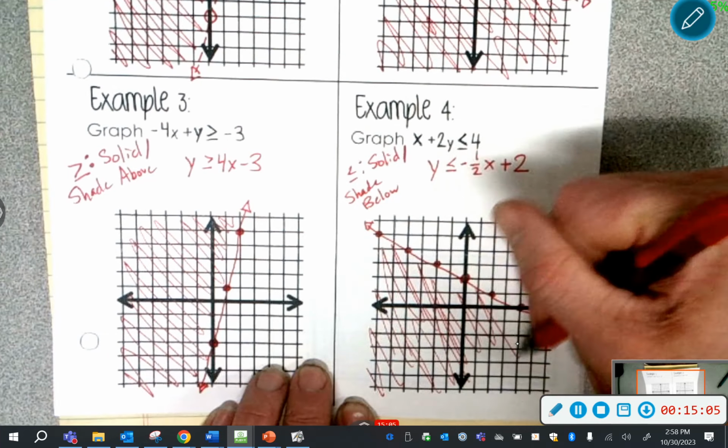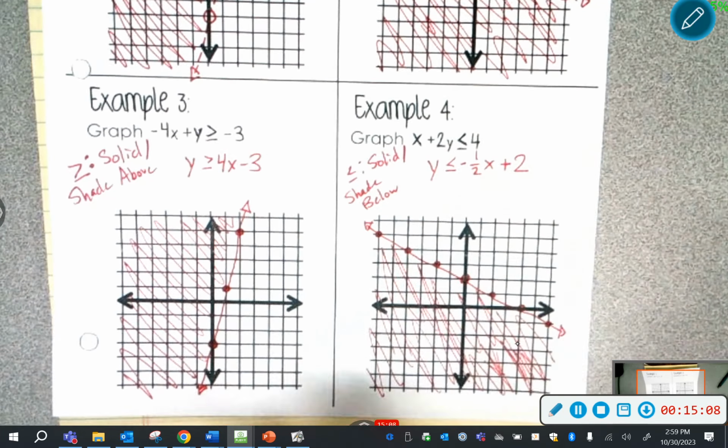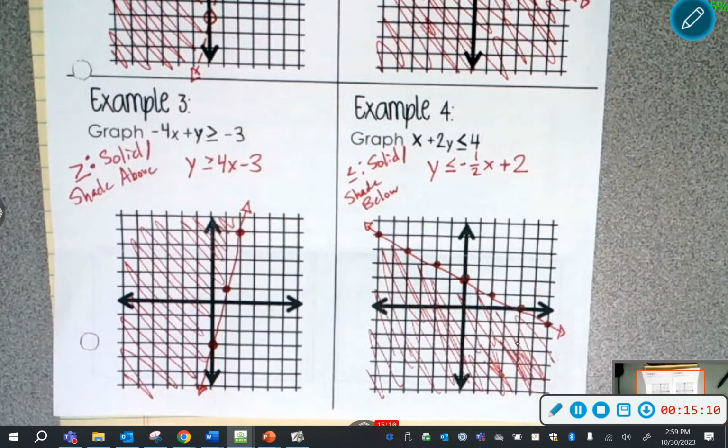Any questions about this? Y'all are going to have to graph these inequalities in just a second. So if you have any questions,